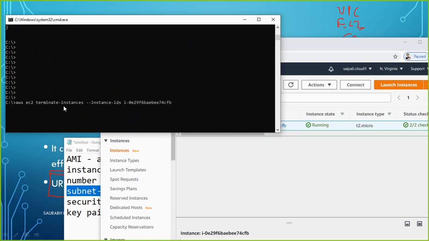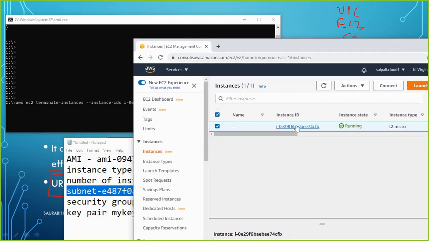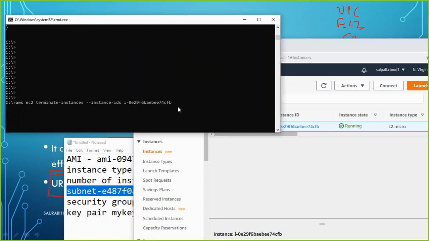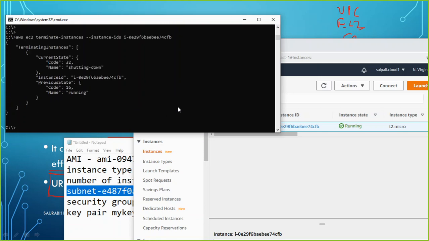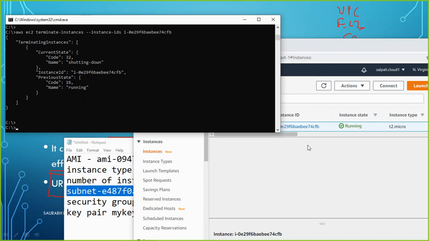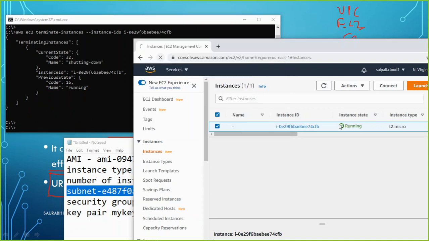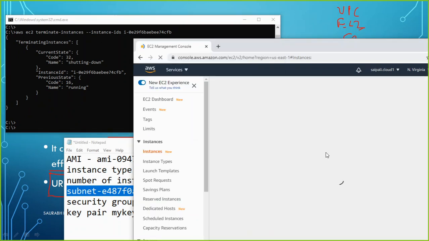So I want to terminate the instance where the instance ID is this one, and let's see, this instance is right now running well. I am going to terminate it from here. Let's just hit enter, and that action has taken place. If we refresh, we can see the output here also.